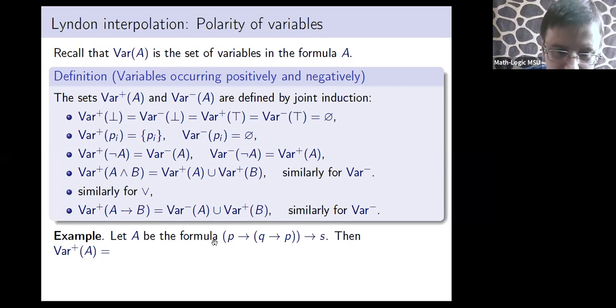So this implication is negative, but it is again an implication. It has a negative part here. Therefore, this P becomes positive. So we have S positive, this P positive, and these two